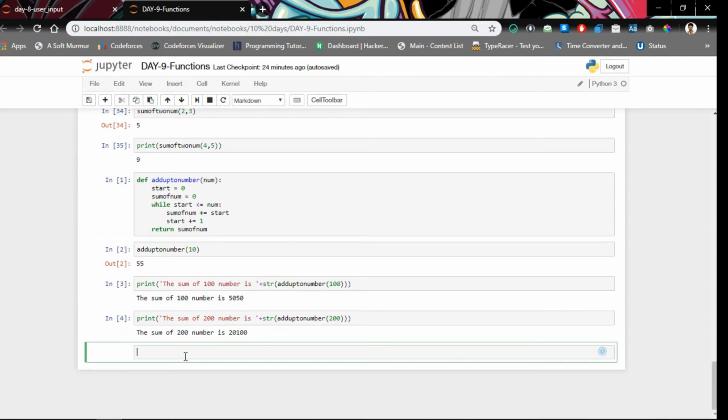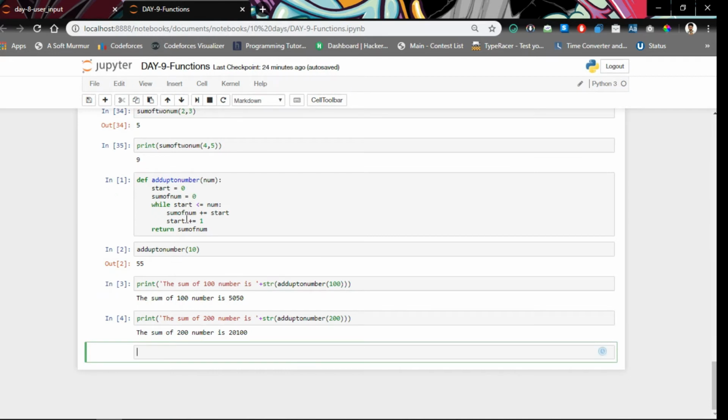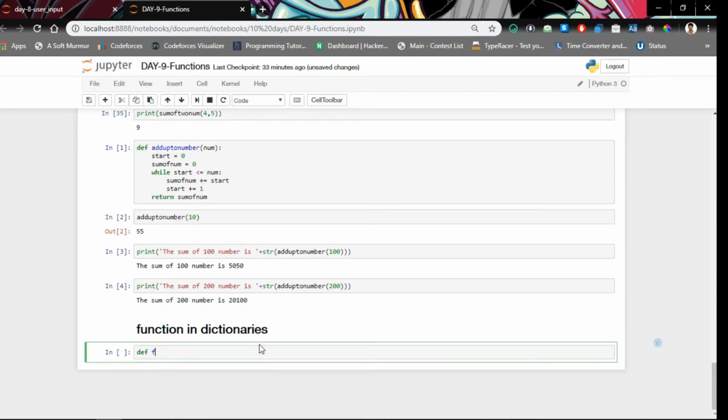So we only have to call the function, and it will do all the work. Okay, let's write a function for dictionary, and let's say I want to add my favorite friend name and their favorite place into a dictionary, like we did in the previous video. Let's define a function for favorite places, my favorite places. Okay, then we take in parameters. Let's say first I will input name, and then favorite place,